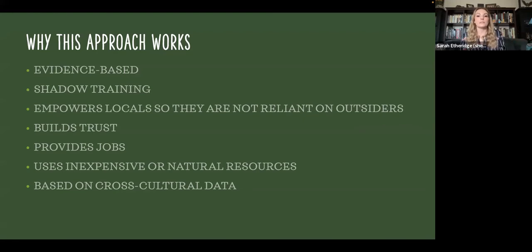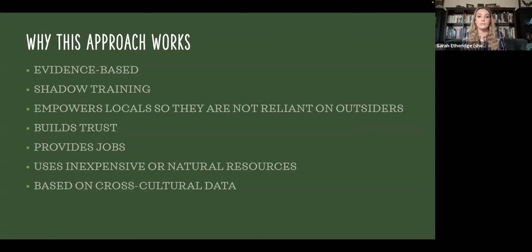You don't want to go in and say, oh, I dug this well for you. That's really nice. But if you don't teach them how to keep that well from getting contaminated, as soon as you leave, it's going to get contaminated. Or if you build some kind of filtration system and leave and it breaks or it needs a replacement part, they're not going to be able to do that. You have to make sure that they are empowered to do everything themselves.